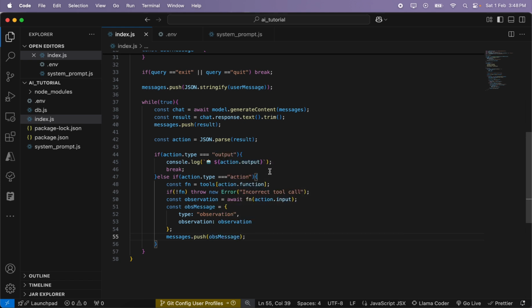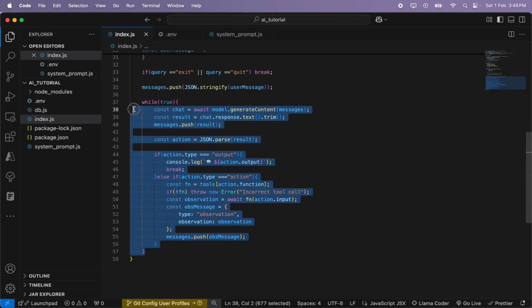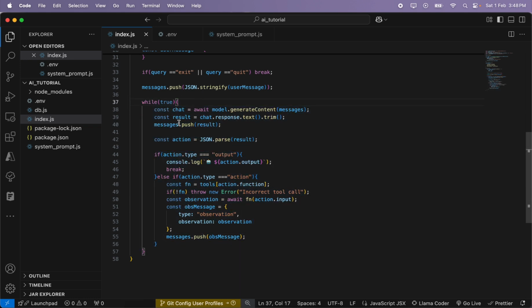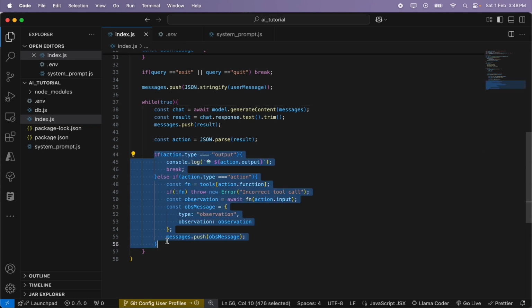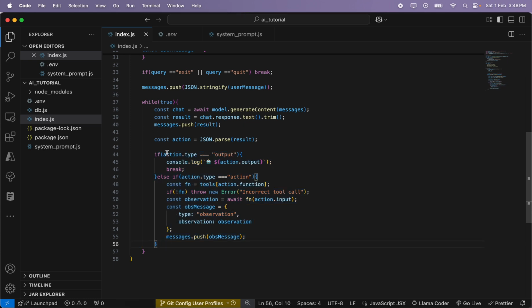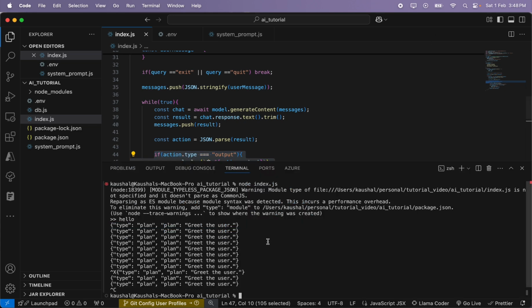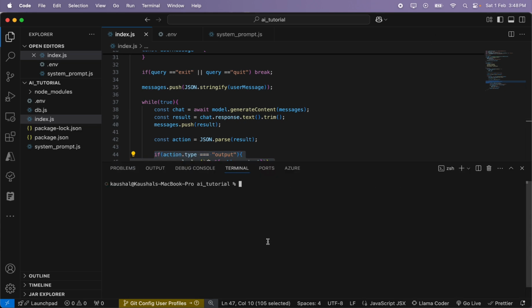So here our code for the auto prompting is being done. So this is the auto prompting. Once we get one response, we'll again send it for auto prompting. If these actions are not matching, we'll loop it again and again until our output is generated. So let's try it. Let's clear the console log. Then